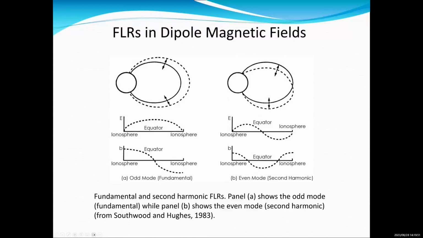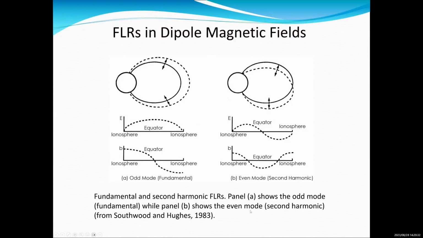Here it's a half wavelength between one ionosphere and the other. Here it's a full wavelength. So this is an odd mode and an even mode. Although the geometry for the toroidal mode is the same, a dipole, the field lines correspond to a twisting in the azimuthal direction. For the poloidal mode, it's like a breathing in and out of the magnetic shell on which